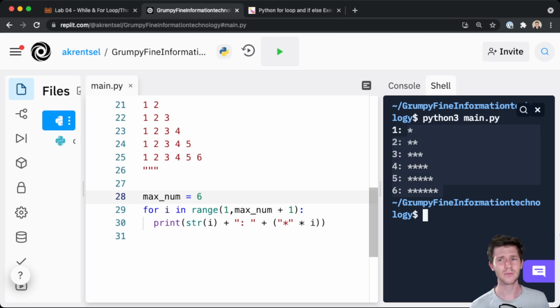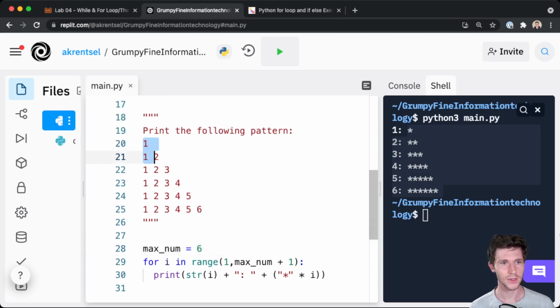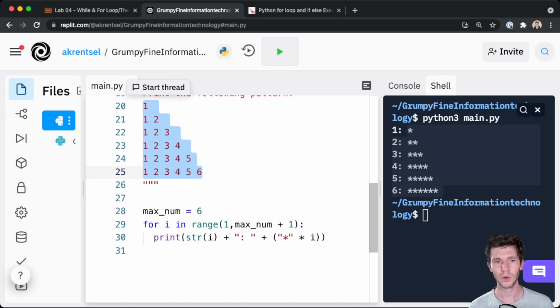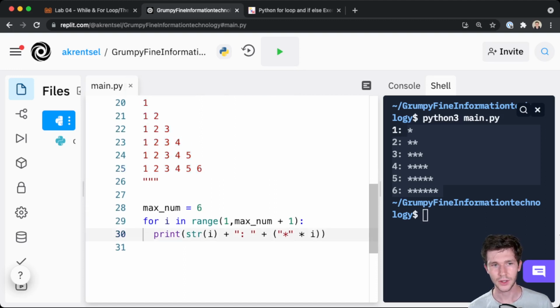Okay, this is all right, but we have a small problem, actually a big problem. We're printing stars instead of numbers. And the output that we want is these numbers separated by spaces. So how do we do that? Well, what if instead of the star, we printed the number? Maybe we did like, oh, I don't know. Okay, so str(i)